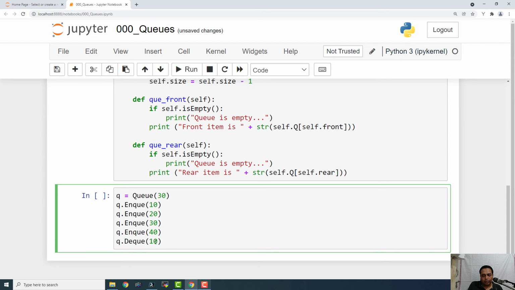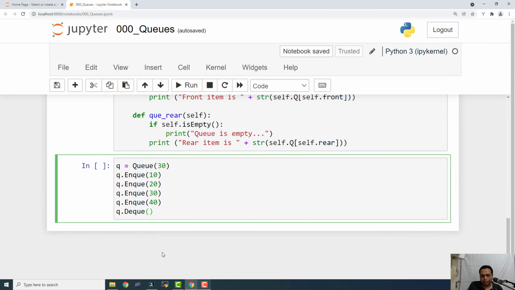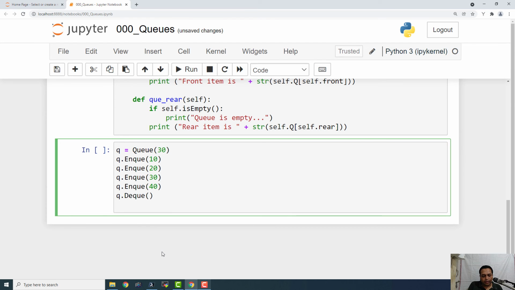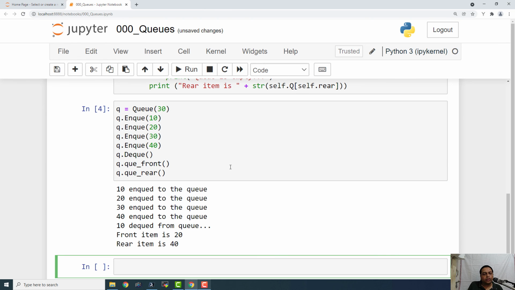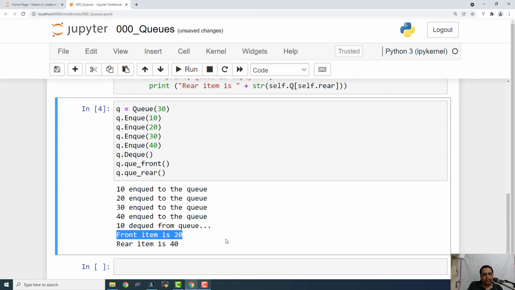Then Q.dequeue, Q.queue_front, and finally Q.queue_rear. If I execute this, this is the output. So 10, 20, 30, 40 are enqueued and 10 is dequeued from the queue. Now front is 20 and the rear is 40.